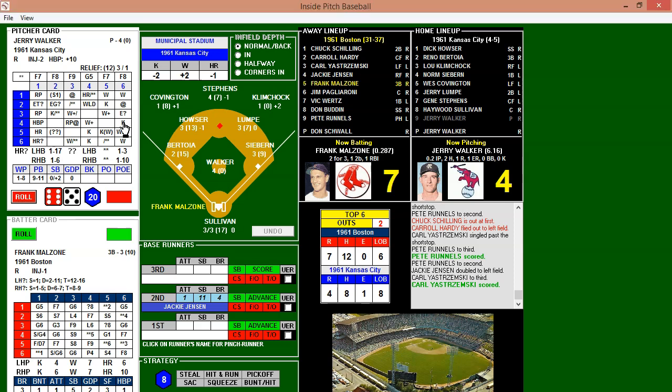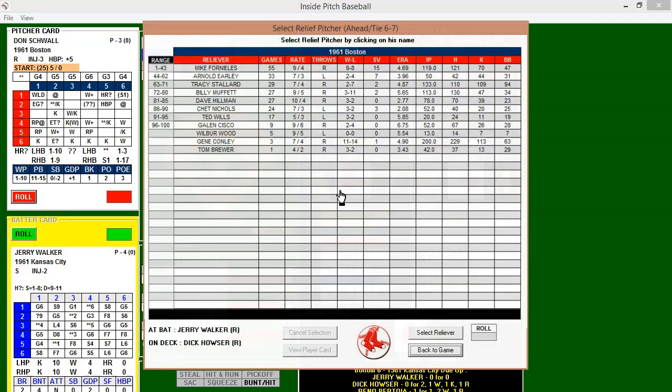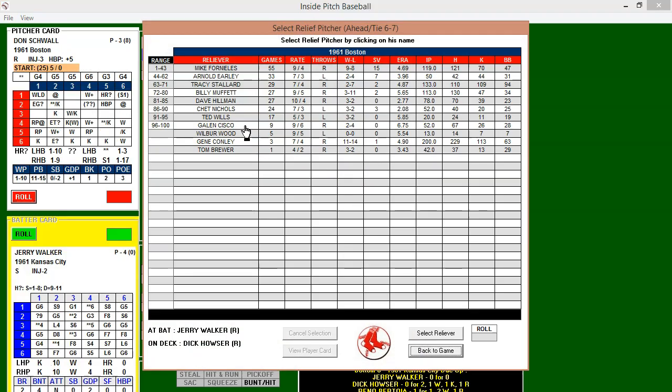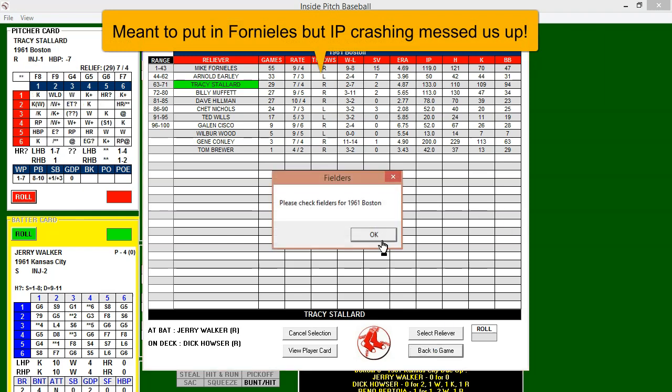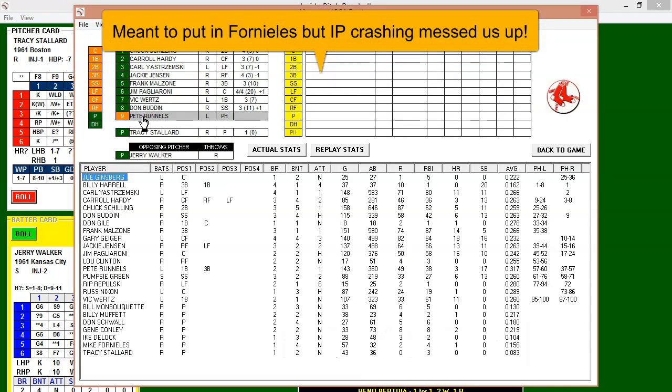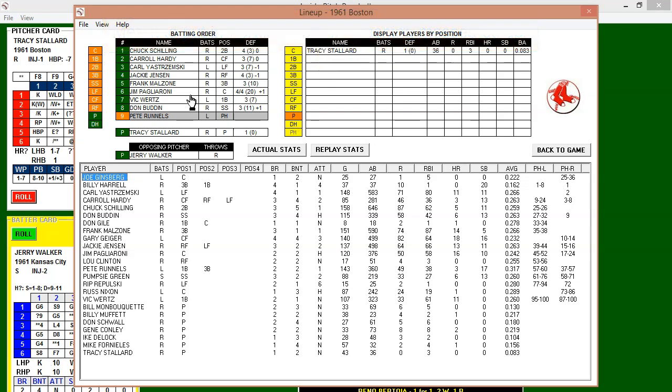So we're just going to go with some kind of a ground out here, I guess. Go with a fly out. Good enough. All right. So now we will replace Tracy Stallard in there. Back to the game.